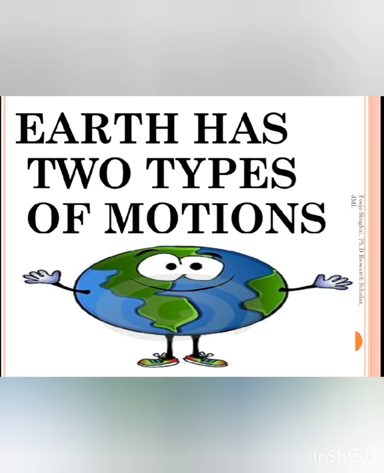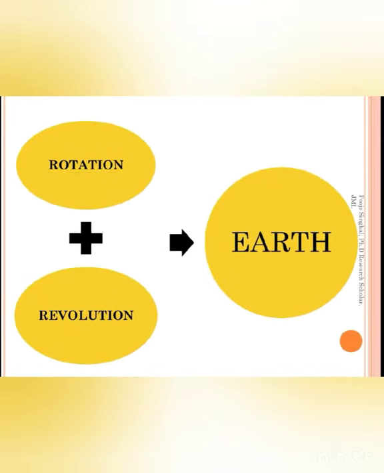Rotation has been told in the previous classes also, and again I'm telling you that rotation is the movement of the earth on its axis, right? It is rotating on its own axis, which is tilted at the angle of 23 and a half, and because of rotation day and night happens. And revolution, the movement of the earth around the sun in a fixed path or orbit, that is revolution of the earth. As you know very well, earth also rotates or spins around its axis, that is called rotation.